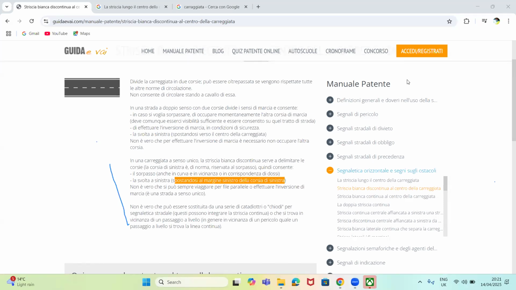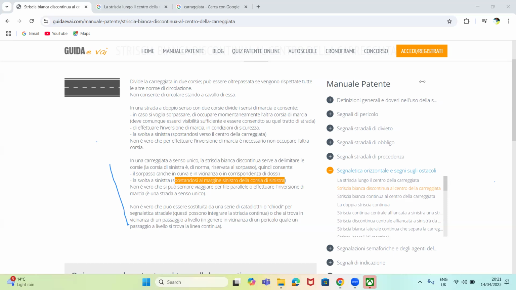The doppio senso, where there is a discontinuous line at the center, then if you want to turn, you go to the center. Exactly. Then in senso unico, you go to the margin line of where you're going, isn't it? You go to the margin line of the left lane because you want to turn to the left. You go to the margin line of that corsia there. Exactly. Nice one. Okay, guys, that is it about it.